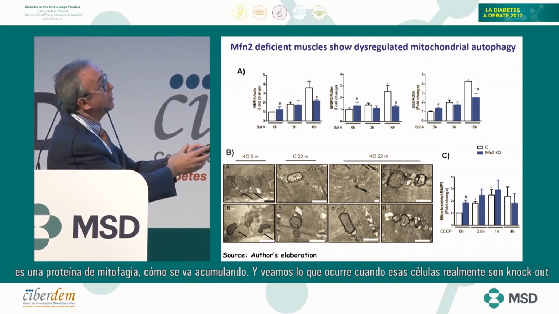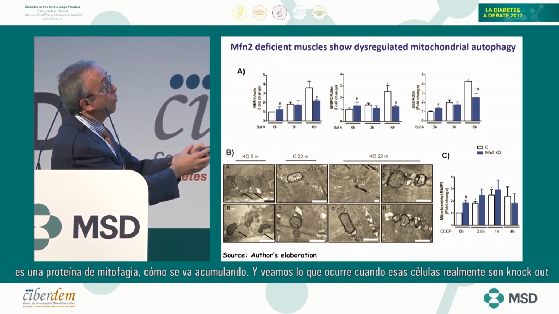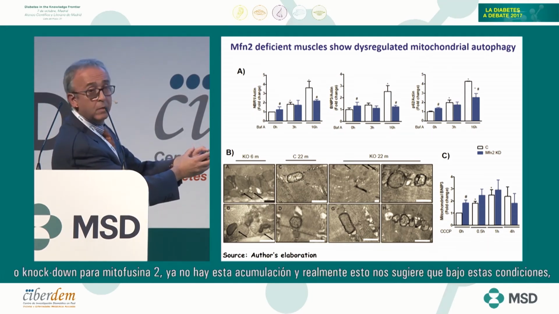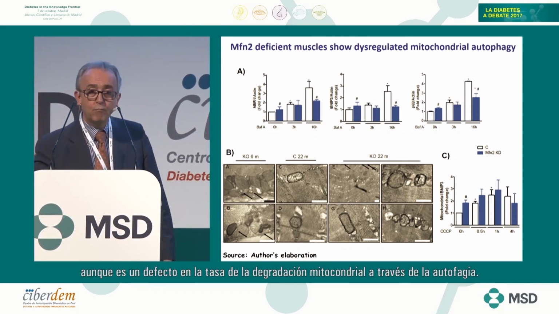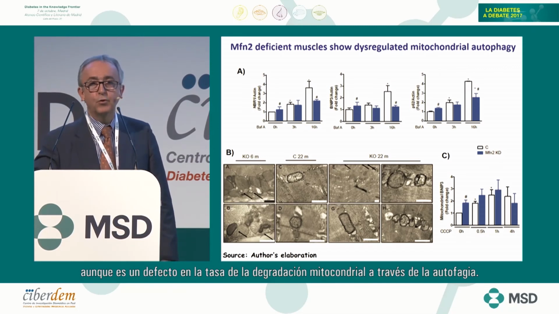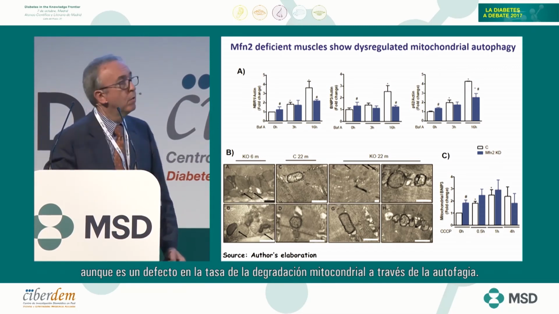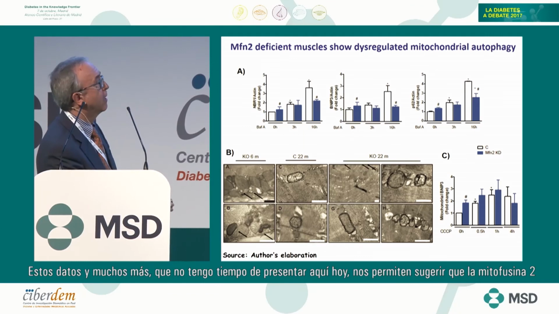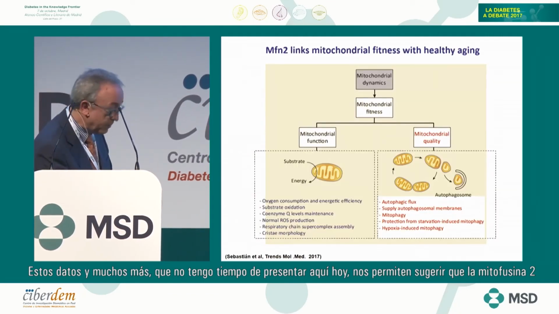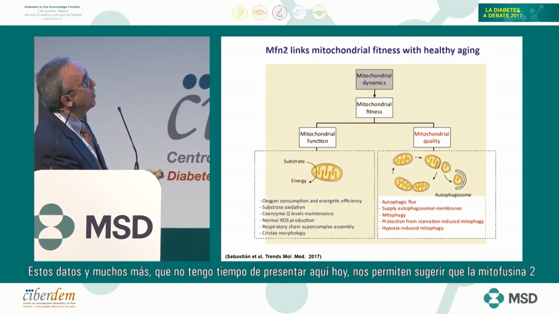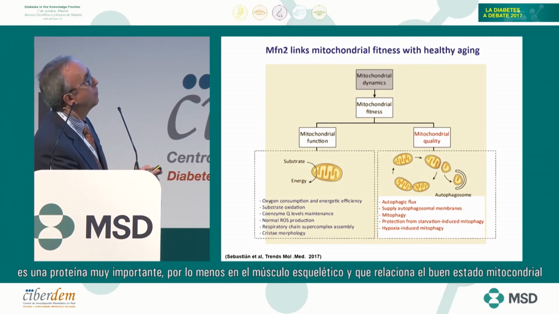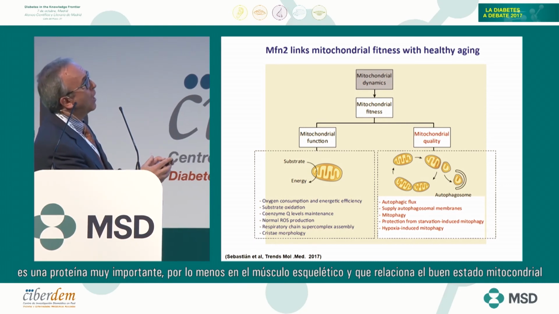And look at what happens when these cells are knocked out or knocked down for mitofusin 2. There's no build-up anymore. This suggests that under these conditions there is a defect in the rate of mitochondrial degradation via autophagy. So these and many other data that I don't have time to analyze permit us to suggest that mitofusin 2 is a very important protein, at least in skeletal muscle, and links mitochondrial